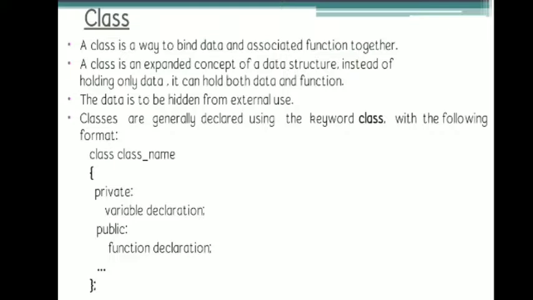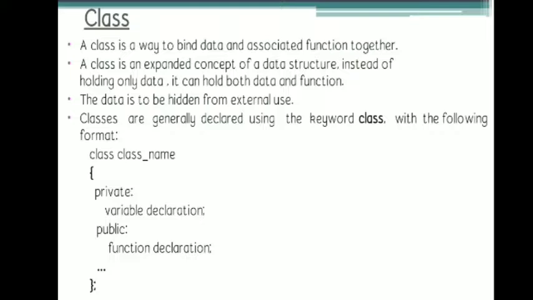With this introduction, let us see how we can define a class. To define a class we have to use the keyword class. Next is the name of the class. For our example, pen is the name of the class. So this is the first line of the class definition. Next is the open curly bracket, which says that the class definition is beginning here.